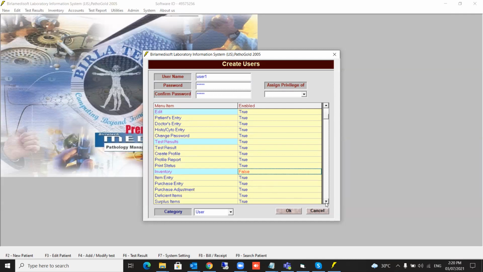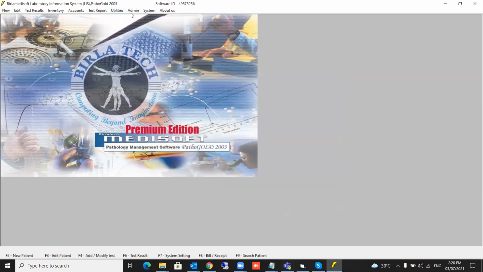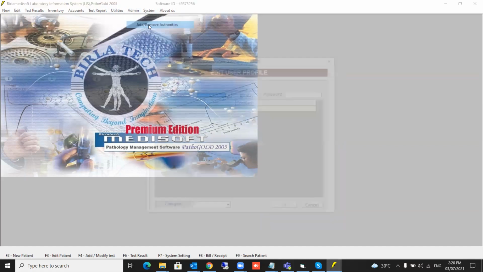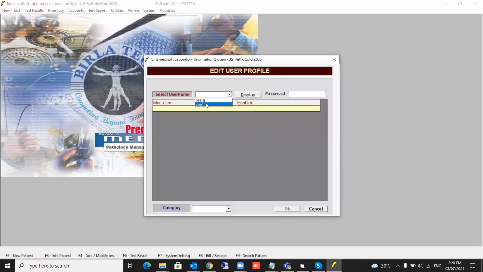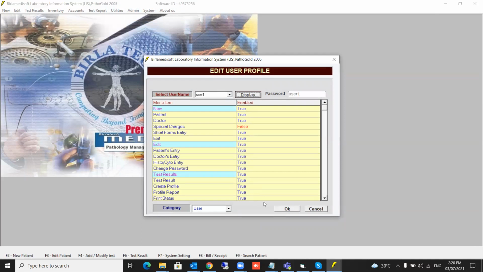Okay, now in the accounting menu, this user can go and will not be able to see any other, like bill receipt will not be there. Okay, this will not be there, this will not be there, like that. Okay, this way you will create it. Press the OK button. One user is created. Let's say after that you thought, okay, you want to have something changed, you can go to the add remove authorities and can reverse it, like that. Again, you can change it like that.